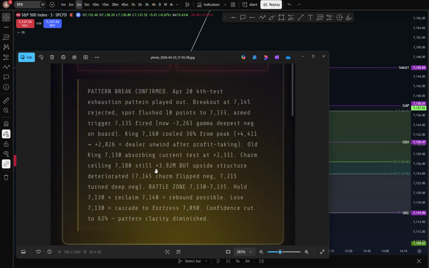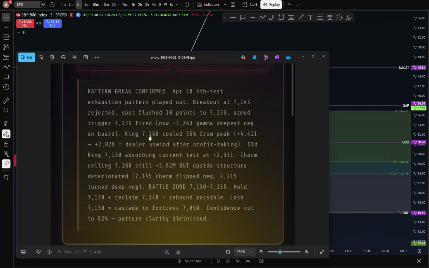So the battle zone is 71.30 to 71.35. Between these two levels there's a battle zone, and it says hold 71.30 and reclaim 71.40, rebound possible. Basically saying if it holds this level and pumps to 71.40, then rebound is possible,